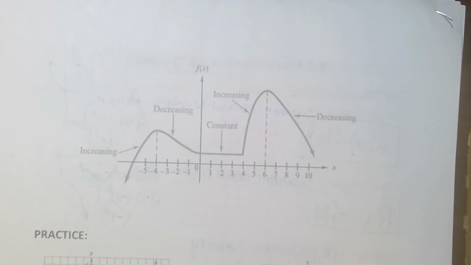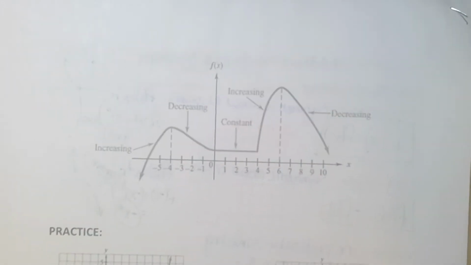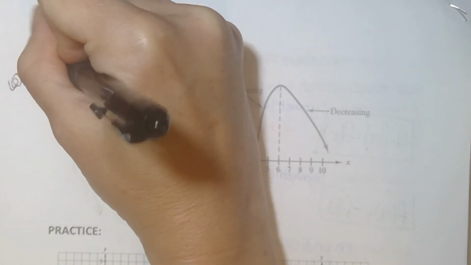All right, so when we are describing the behavior of a graph, we have one main question. What is y doing? What is my y value doing? That's the question I'm asking. Now, when I give the answer, I'm going to give the answer based on the interval on the x-axis. So when I say y is increasing, I tell you where that is happening